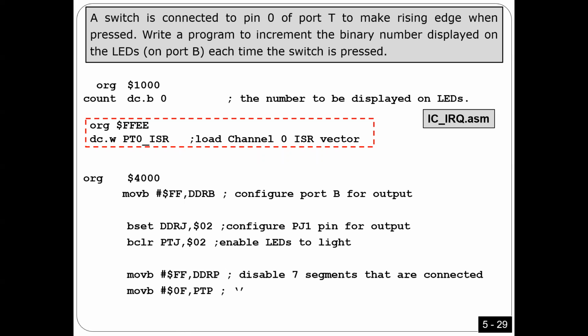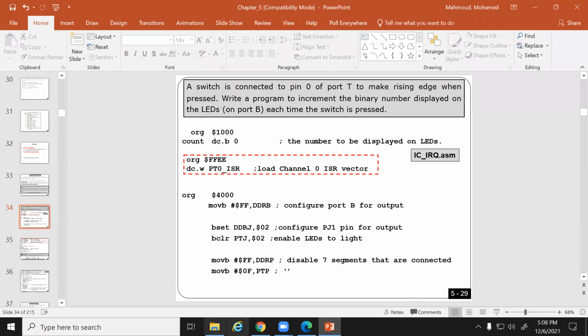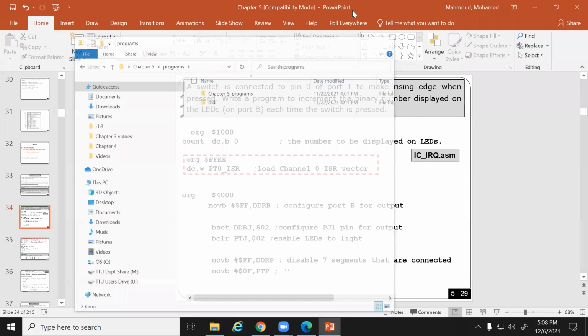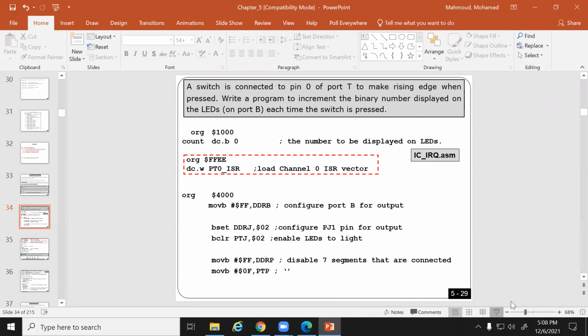Let's see if I have a video for this one. I hope. Anyways, I think the idea is clear. I don't need to run the video, but let's see. I don't think I have a video, but anyway, I think the idea is very clear. Okay. So let's see how you can do it, guys.